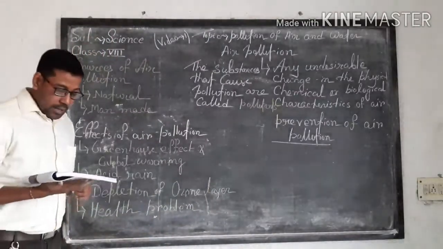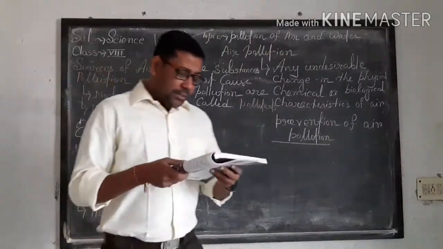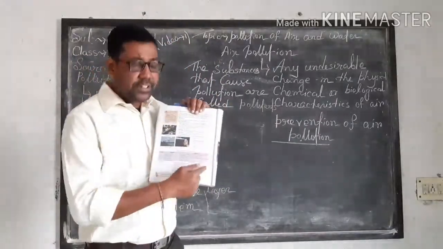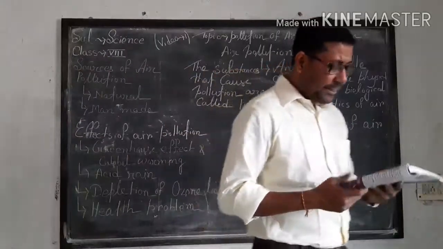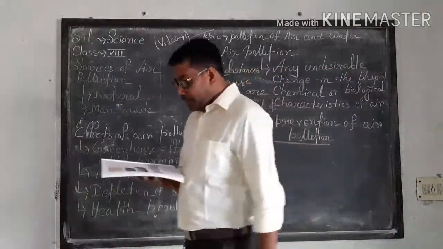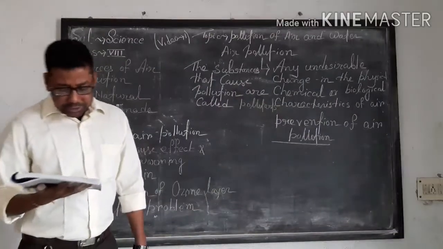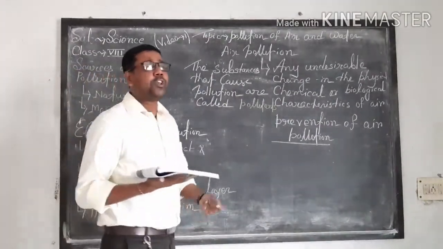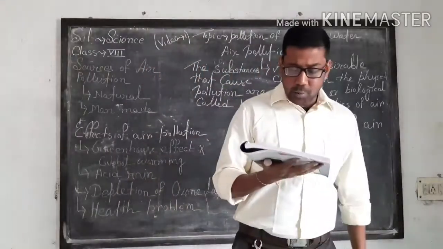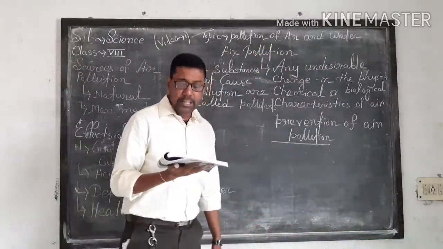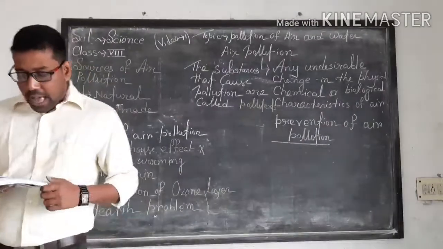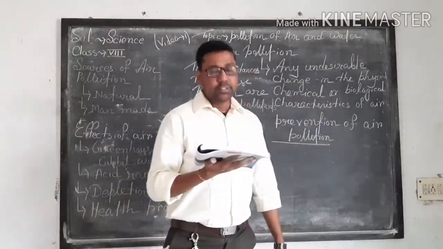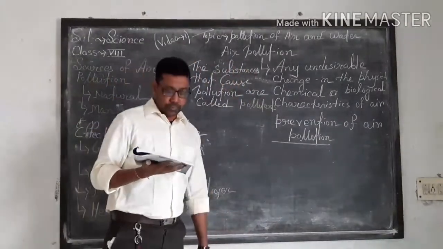Okay? And also some pollutants and their sources. So consider that this table contains two columns: the pollutant and the sources. The first pollutant is carbon monoxide, and its source is mainly the incomplete combustion of coal and fuel in vehicles. Okay? And nitrogen dioxide comes from the combustion of diesel, petrol, kerosene and coal also.